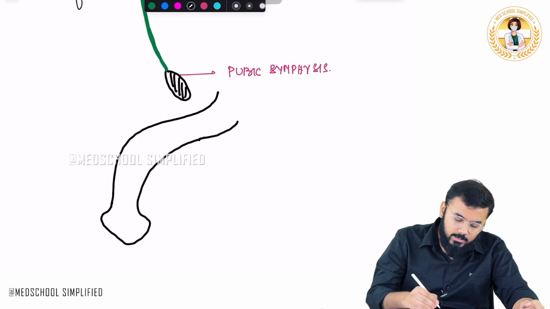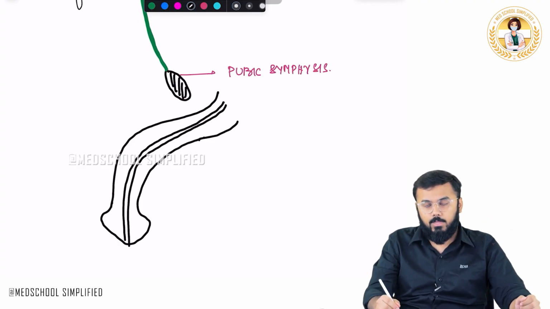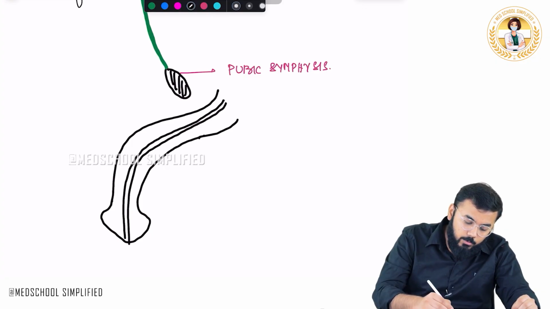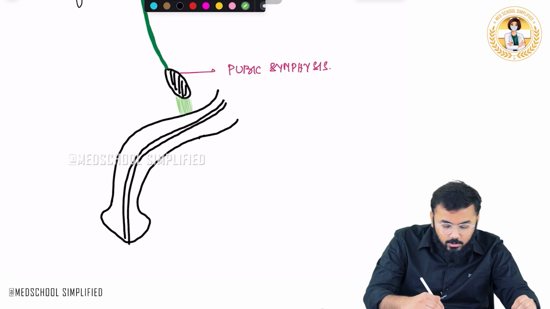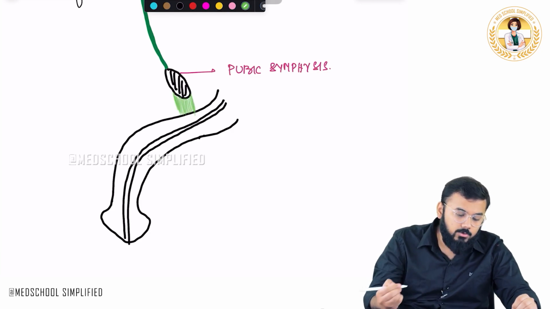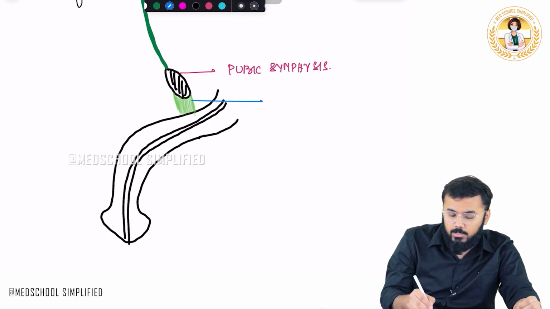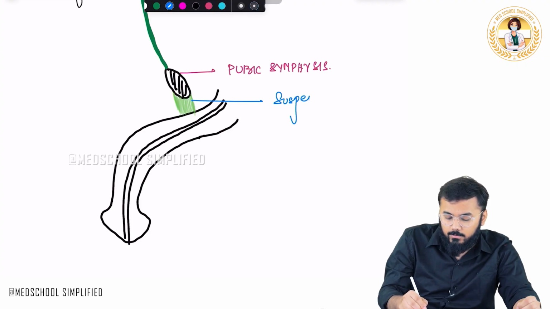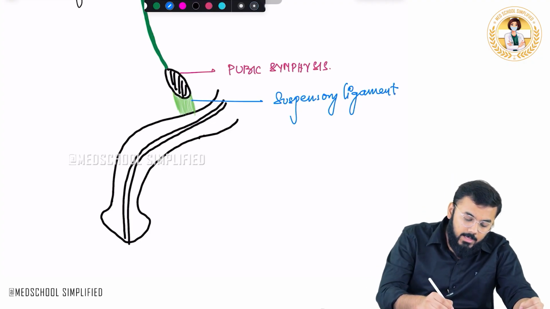You have got the urethra in the center. Now, important thing is that from the pubic symphysis, if you look carefully, there is a ligament that is attached to the dorsal surface of the penis. This particular ligament is called your suspensory ligament. Now, after this suspensory ligament, from the linea alba